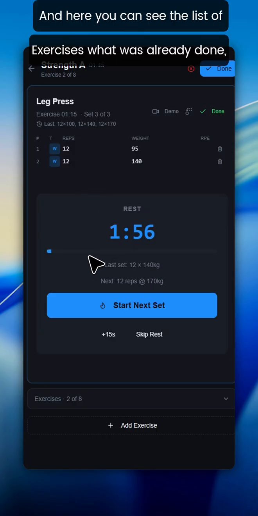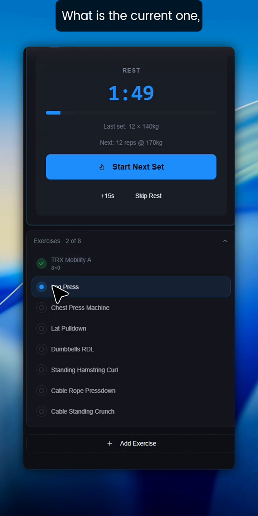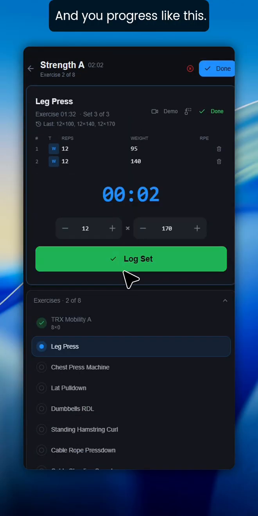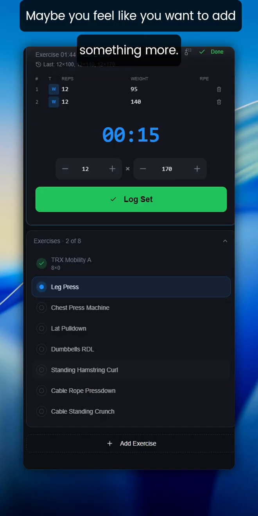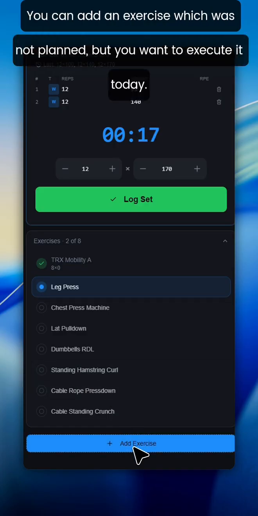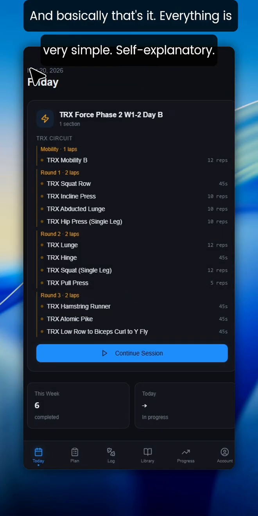And here you can see the list of exercises, what was already done, what is the current one, what you expect to do. And you progress like this. And when everything is done, but maybe you feel like you want to add something more, you can add an exercise which was not planned, but you want to execute it today. And basically that's it. Everything is very simple,